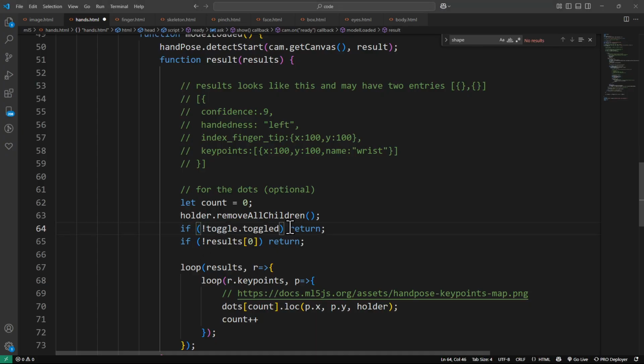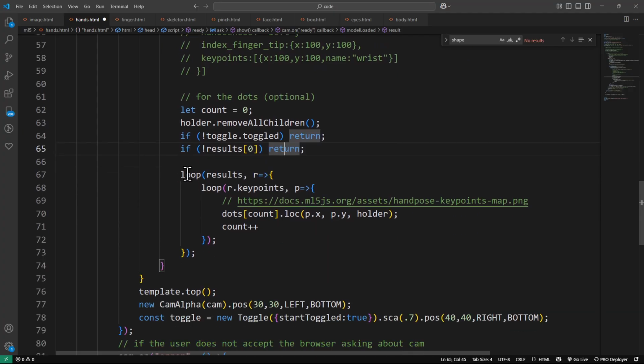So if it's not toggled, then we're going to get out of here and not bother. We just remove them and they're gone. If it is toggled, we keep on going. If there are zero results, that means there are no results, then we return. Otherwise, we're going to loop through the results,